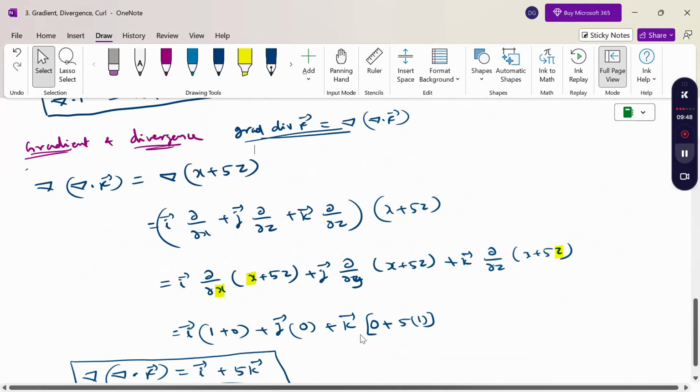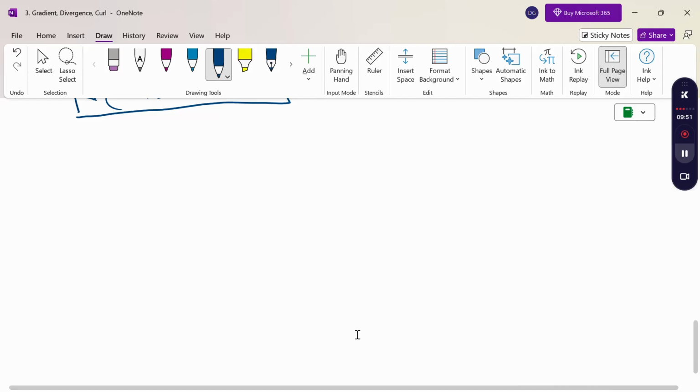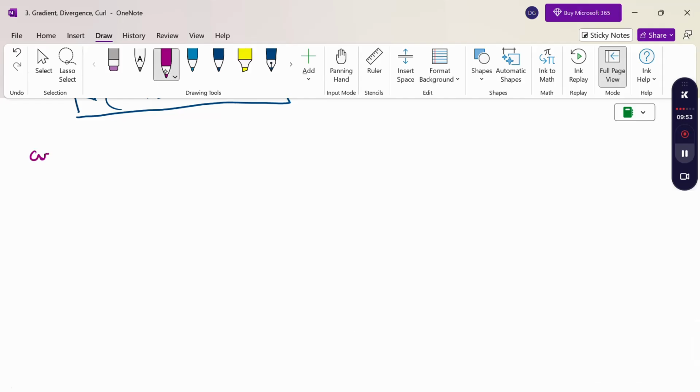Del cross f vector. It's the curl. So what is the curl? Del cross f vector. Del is nothing but i vector, j vector, k vector. Del is i vector dou by dou x, j vector dou by dou y, k vector dou by dou z. So dou by dou x, dou by dou y, dou by dou z. And f vector in the next row, the coefficient values: the i coefficient of f vector is x square minus